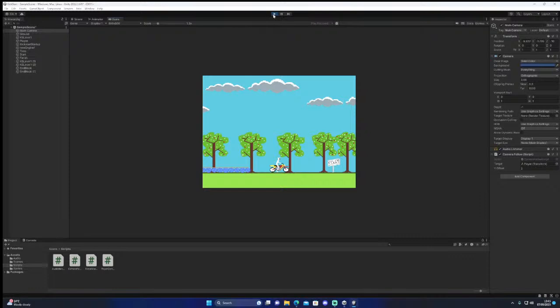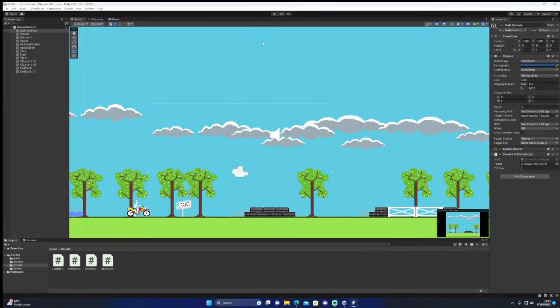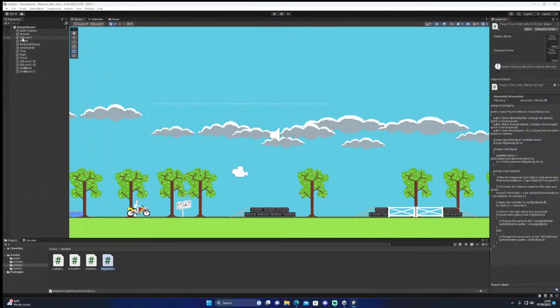So okay. Now I have got some sounds on, a sound with him kickstarting, and I have got some animation on him when it starts, when he kicks his motorbike up. I'll just make sure that's all on. Player controller.